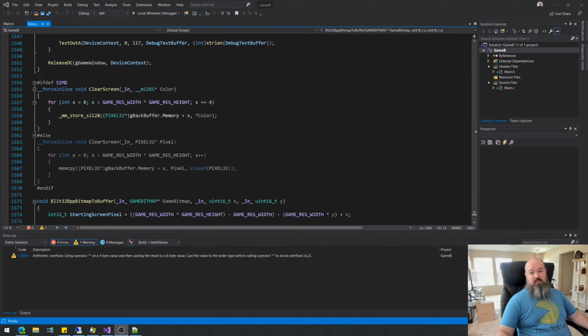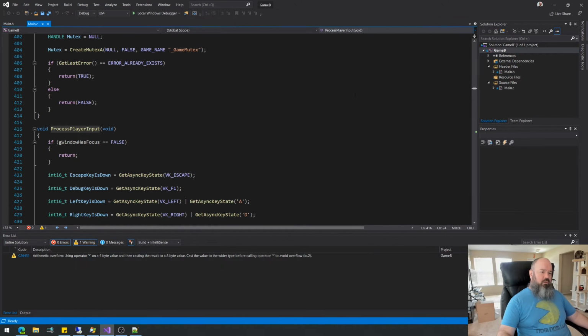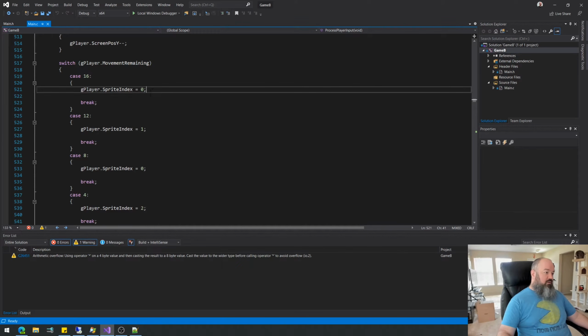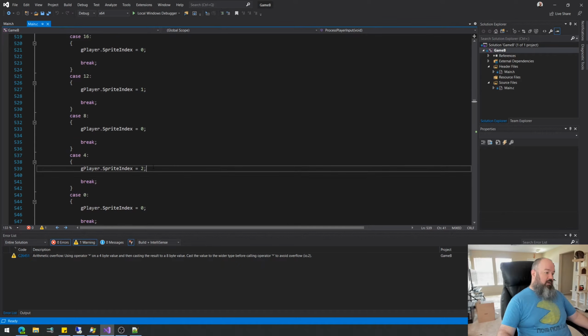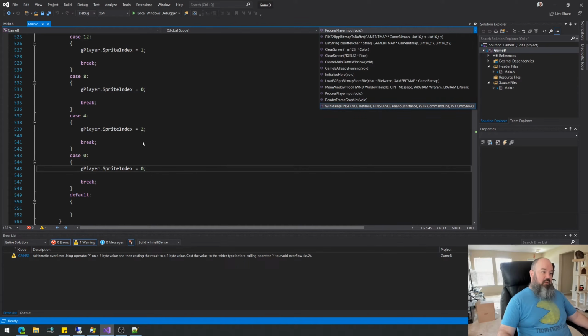First things first, we will go over just a couple of comments that were left by the viewers from last time. One viewer says, when calculating the offset for the animation frame, shouldn't you multiply the direction by 3, number of animation poses, and add the offset 0, 1, or 2? Either way, very cool stuff. Okay, so he is basically talking about where do we calculate our offsets. We did all this stuff a couple episodes ago where we basically make a sprite index to achieve sort of an animation effect, and